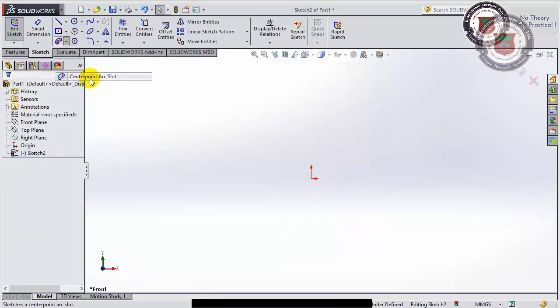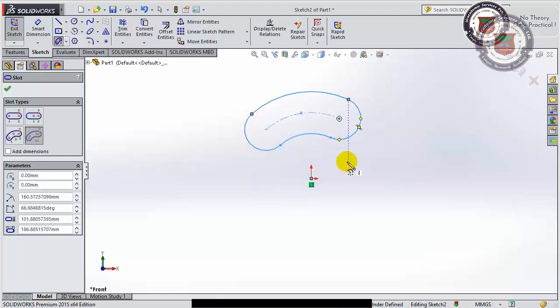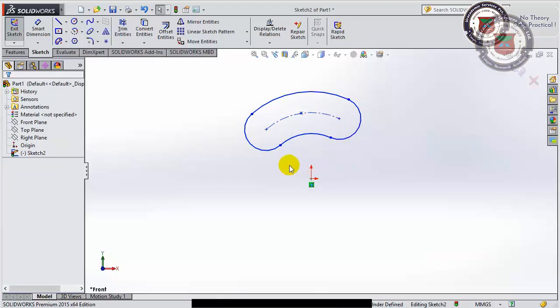Next is our center point arc slot. First of all, we will have to take the center, click for the center. I will be clicking for the first point, then we will be doing it for the third point, and dragging it up, we will be getting the center point arc slot. These are the 4 kinds of slots.